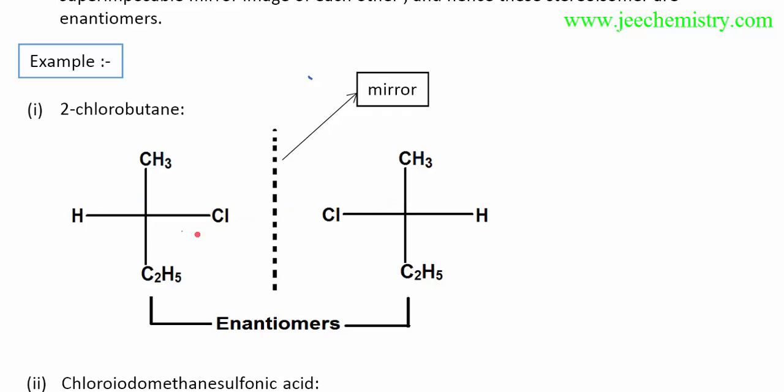Another criterion is that if the two are enantiomers of each other, then the absolute configuration of this chiral carbon and the absolute configuration of that chiral carbon are both opposite. If both are opposite, they are enantiomers of each other. But if in an exam this compound is given and you have to find its enantiomer, first check whether the compound has a plane of symmetry or center of symmetry. If both are absent, then take a mirror image of this compound. This image will come, and these are enantiomers of each other.